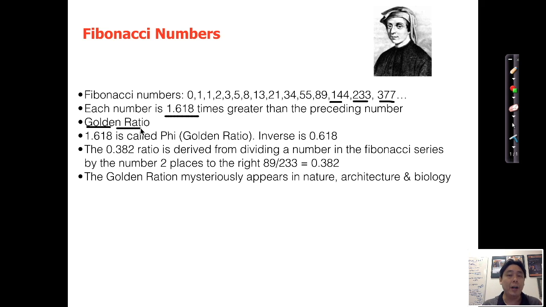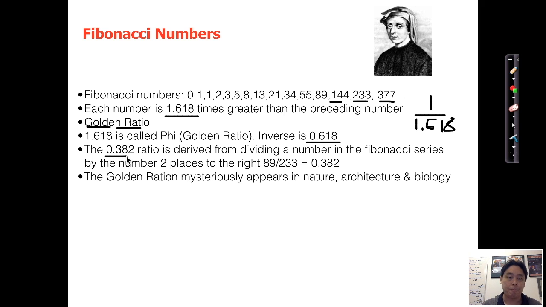Now, if you take the inverse of 1.618, in other words, if you take 1 divide by 1.618, you will get 0.618, which is also known as the golden ratio. Okay, so it's either 0.618, which we'll be using more often, or 1.618, which is the inverse of that. All right. The other number to pay attention to is the